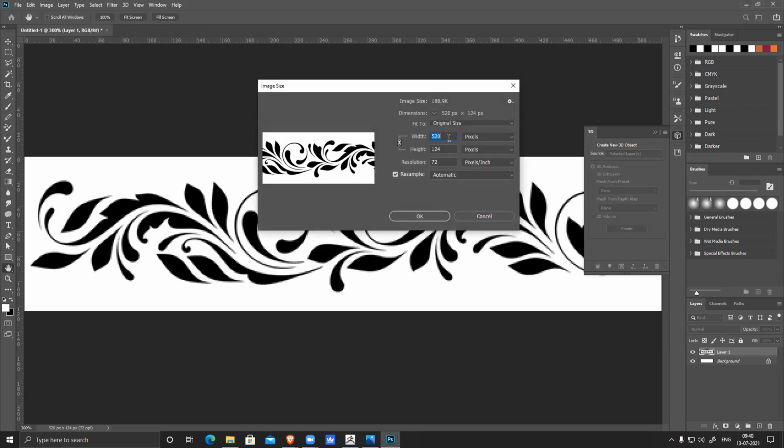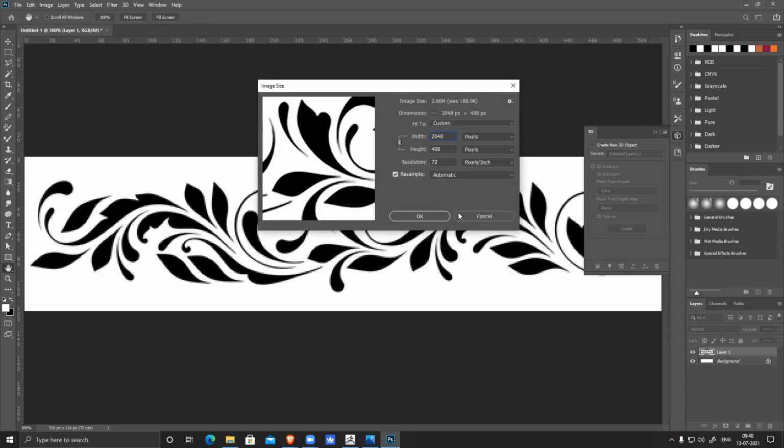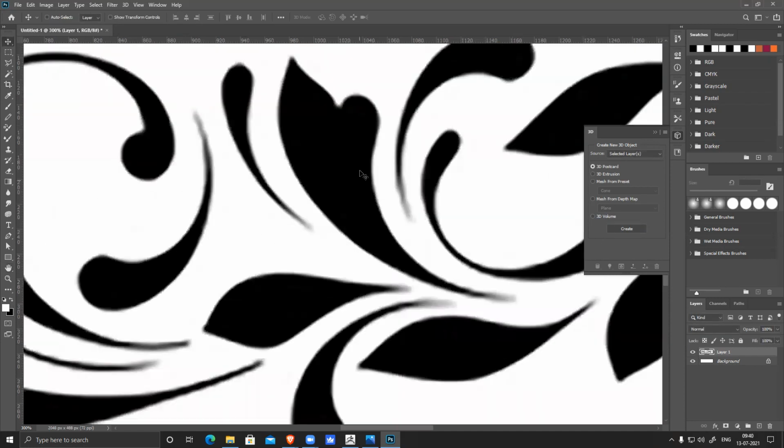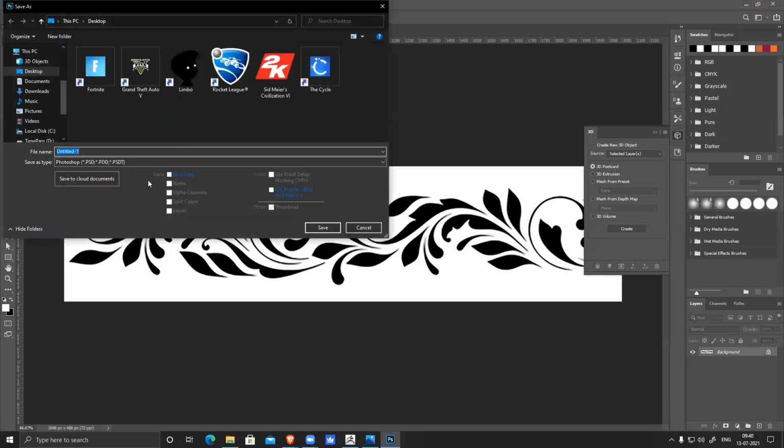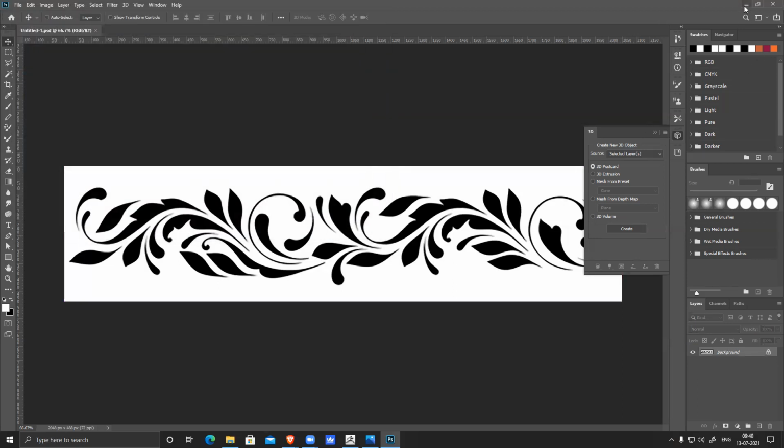Increase the image size, maybe 2048. So it will become a little blurred, so it will give you a little smooth surface. Otherwise, it will create artifacts. Save desktop untitled one PSD.